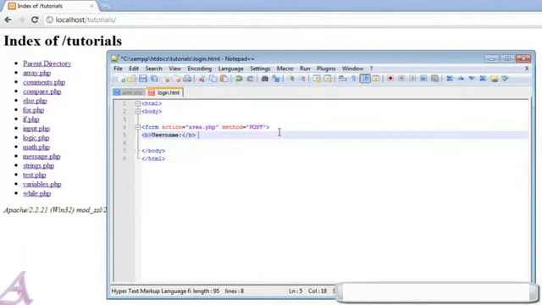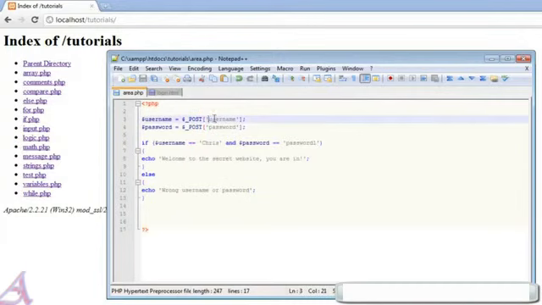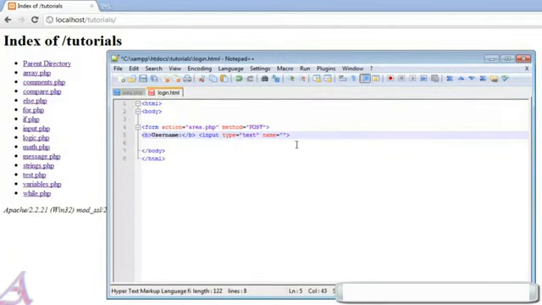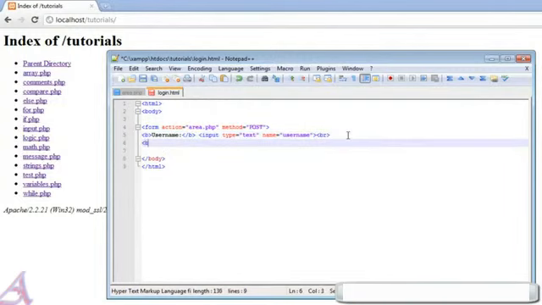and we're going to put input type equals text as before, but this time the name must be equal to the name of our variable that we're setting over here. So if we go back, the variable name of post is username, so the name must be username, and we'll have a line break to go to the next line, and then the next one, password,